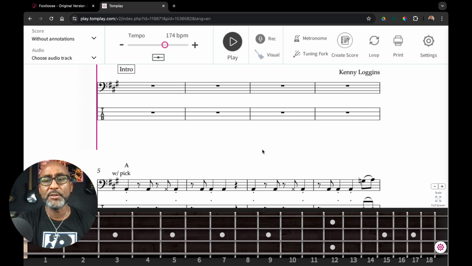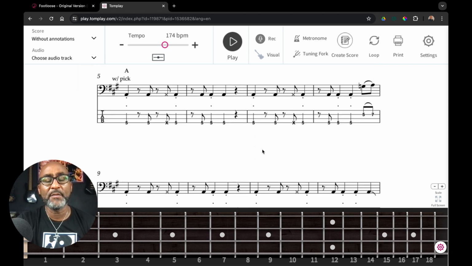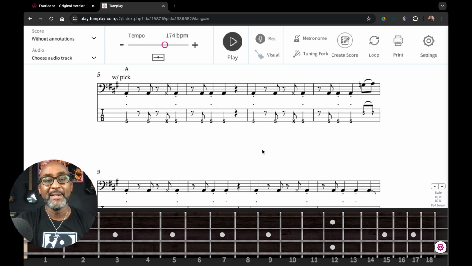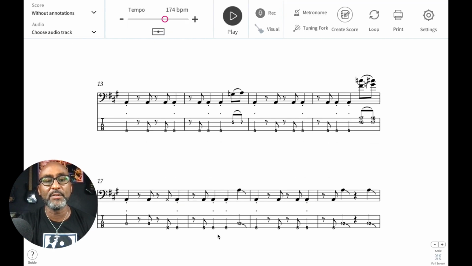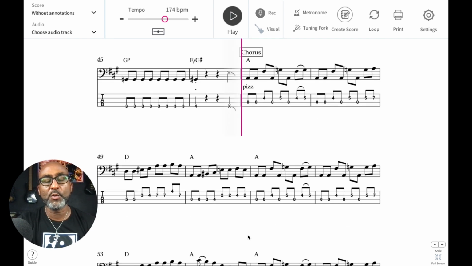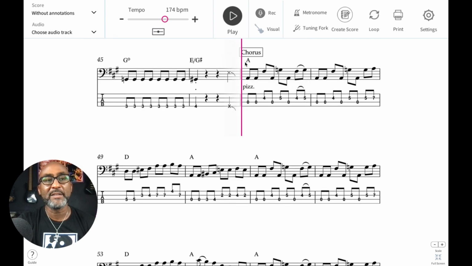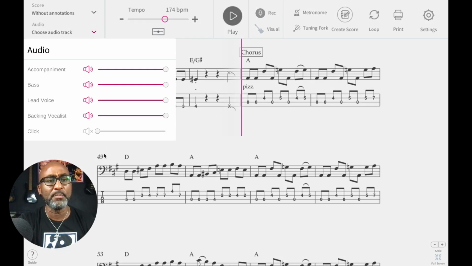Now, if I scroll, I can see that I have the bass line and I've got tablature as well. Now, this is the intro, so I know you're probably thinking, what about that really cool Nathan East part? Let's scroll down to the chorus. So once we get to this chorus section, anywhere I click, any bar that I click on, that cursor is going to move to that bar. So let's listen just to the chorus, and I'm actually going to mute the lead vocal and the